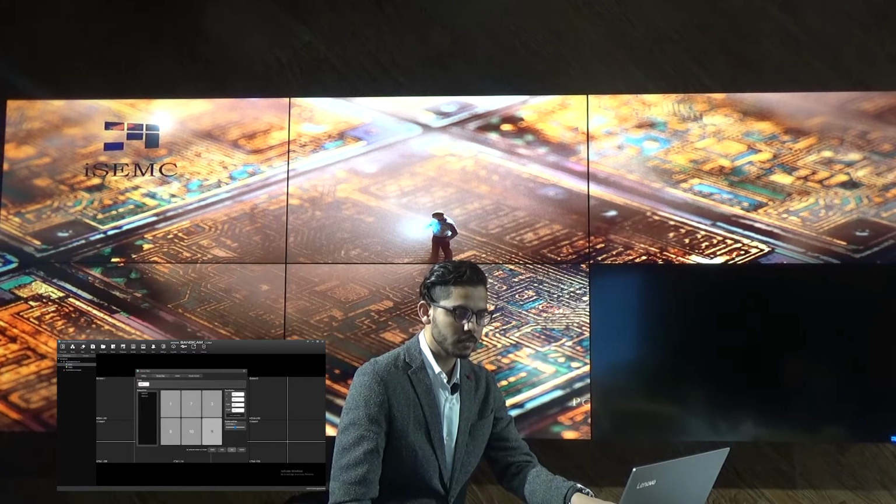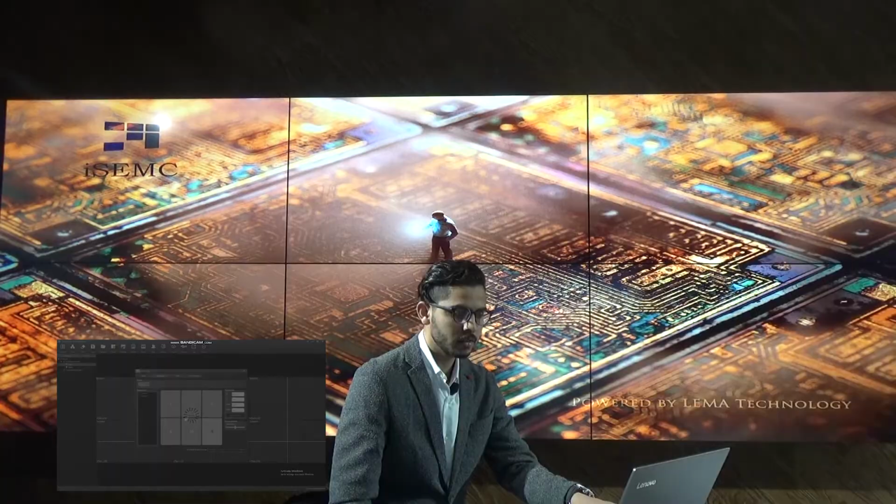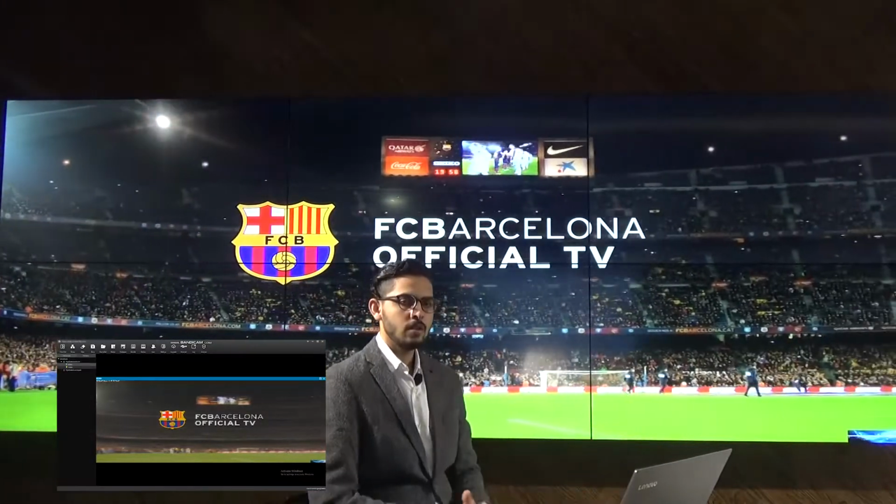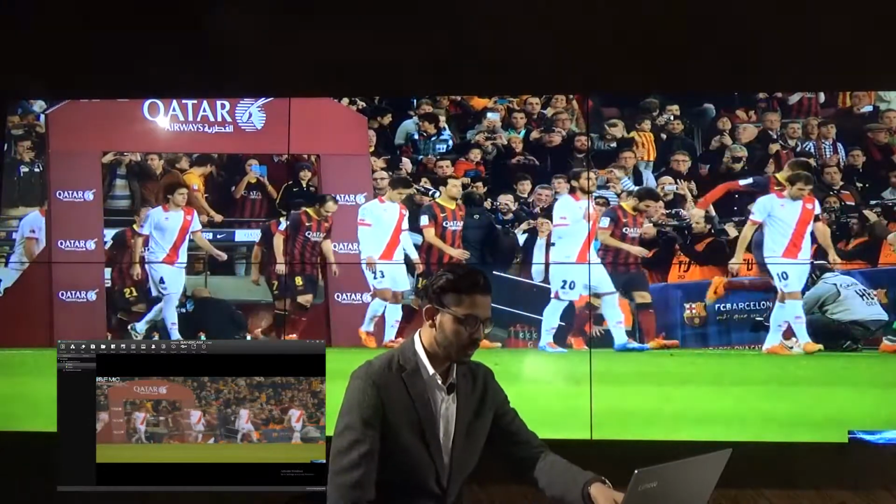Alright, so that's how we can customize the screen arrangement. Okay. And then we can go to the